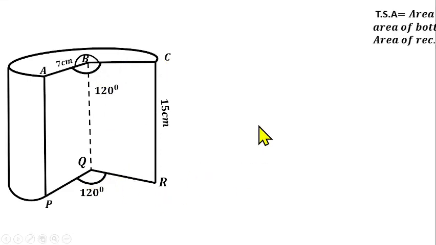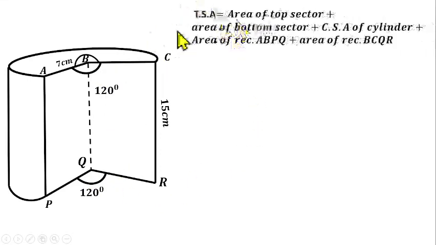So therefore, to find the total surface area of the structure, we have the area of the top sector, which is this one, plus the area of the bottom sector, which is this, because we cannot see very well. What you have at the top is also at the bottom as well. So if you complete this, you'll have this arc here as well, plus these radii. So that will give us the area of the bottom sector,